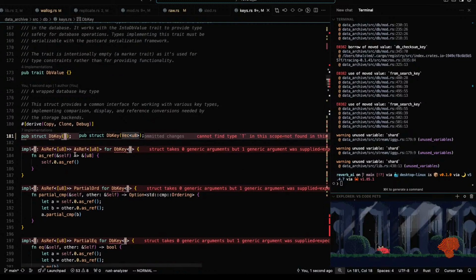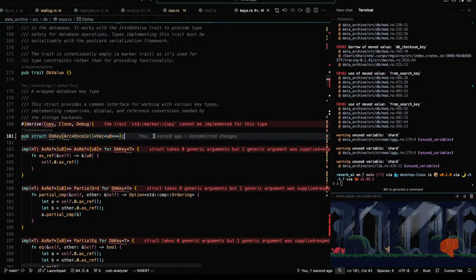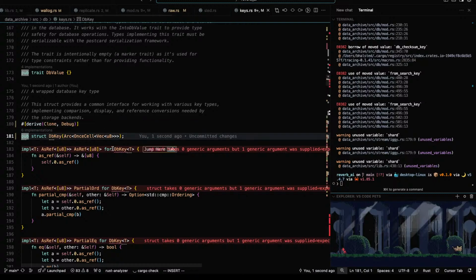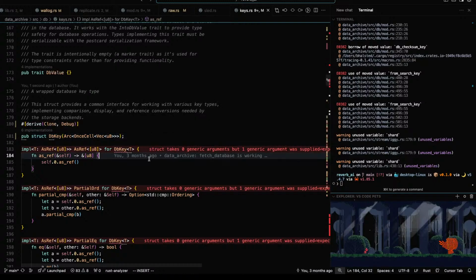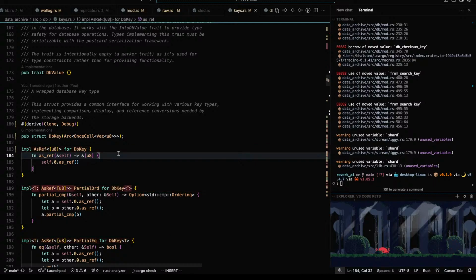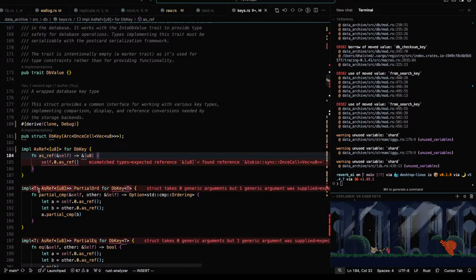Oh, it's implemented on the other things. We will have the Arc OneCell Vec u8. We'll do that. Not Copy anymore. It's fine. Phonable, yes. And these types just go away.